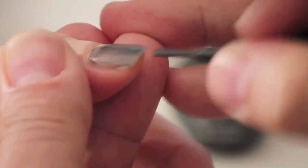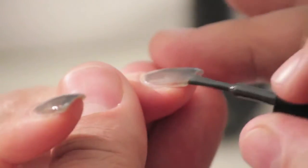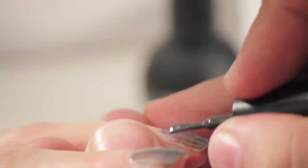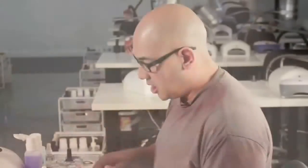Once we're done, I'm just going to take a look at the sides. I'm going to touch up the tips so that it doesn't look like a mispolish, and that way you can go back and check the whole entire surface. The great thing about Manicure Color is that it doesn't get thick when you're working with it, and it gives you an opportunity to make it look perfect. She's going to go inside the light, and remember, after you're done applying it to the other hand, all you have